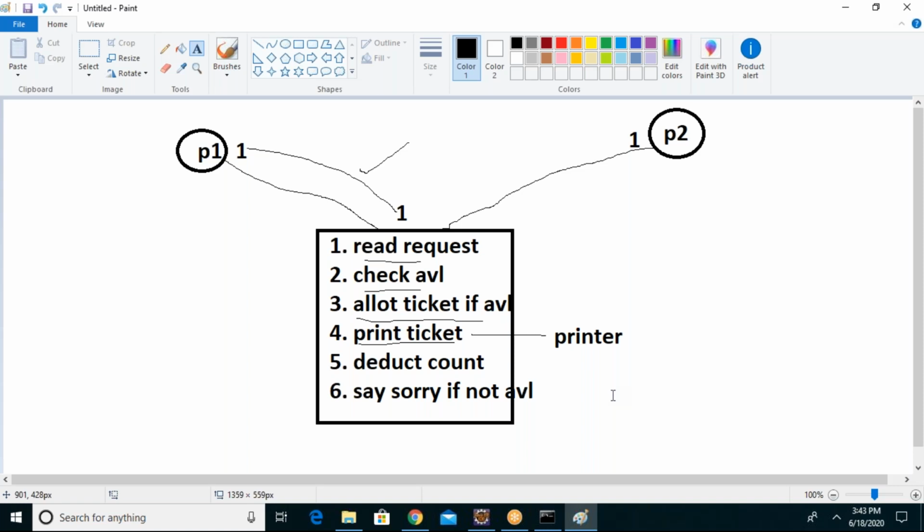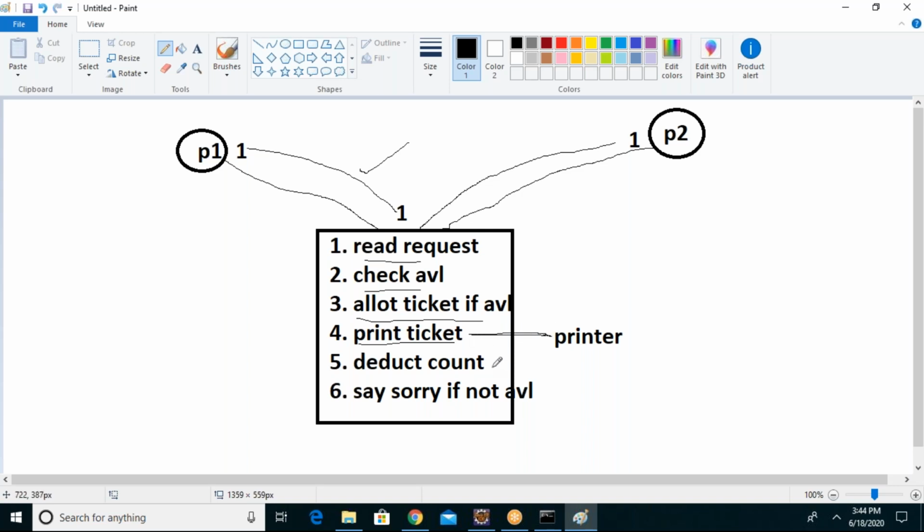Both are working, right? Printer is working. That means the processor is idle. System is idle. When the system is idle, we know that immediately, before the program finishes, the second thread will be taken by the system. Yes or no? This thread's request will be taken now because both threads are in the queue. So again, has the count been deducted or not yet? Not yet, because the current passenger's ticket is printing.